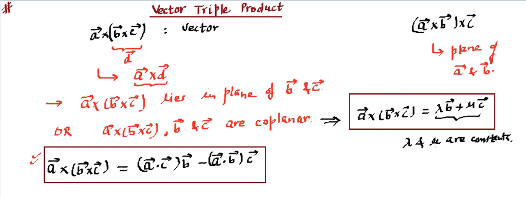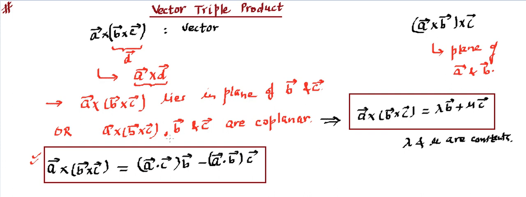Now if we keep on changing lambda and mu, our answer will keep on changing, right? So the nutshell point is this: if B vector is given to us, C vector is given to us, and somebody asks us to find a vector in the plane of B and C, we can say a linear combination of these vectors will be a vector in the plane of B and C. A particular value of lambda and mu will represent a particular vector. If we keep on changing lambda and mu, different vectors of that plane will be represented by this expression. Making sense?